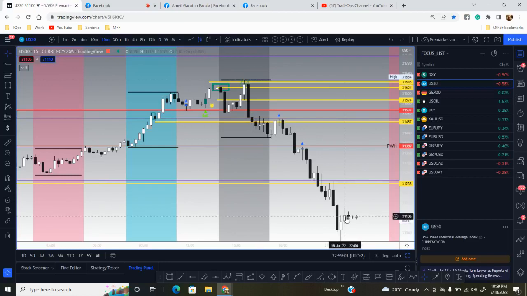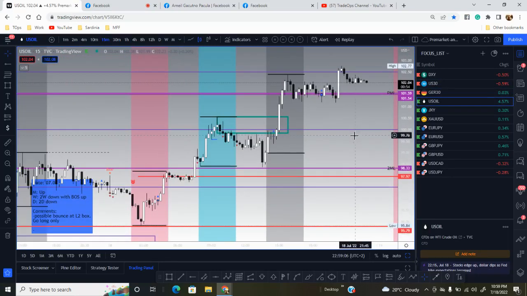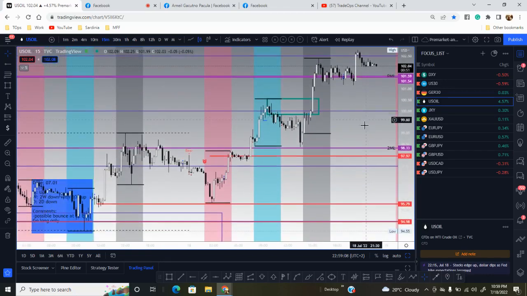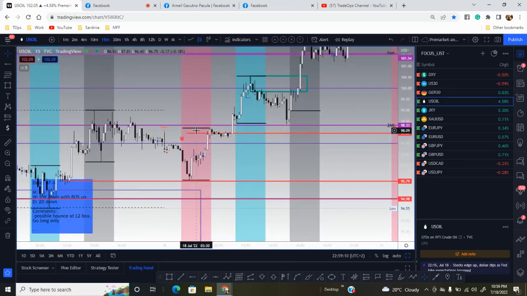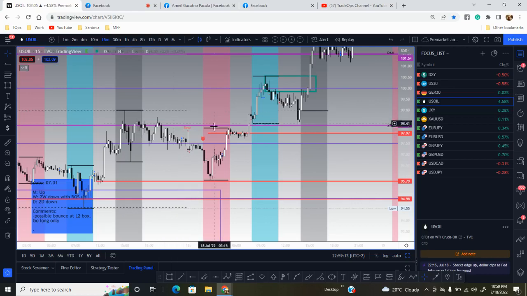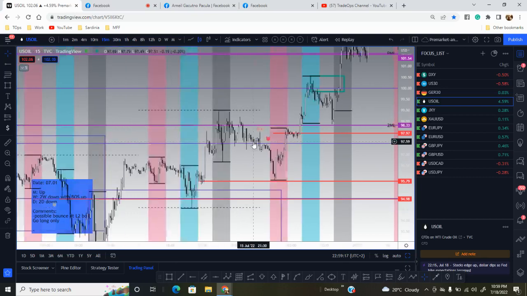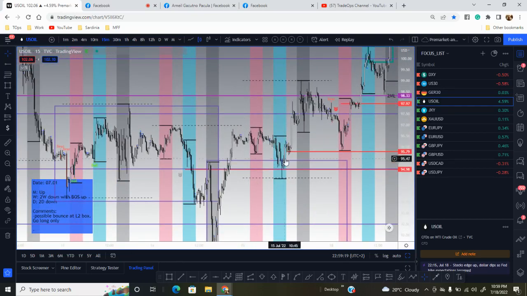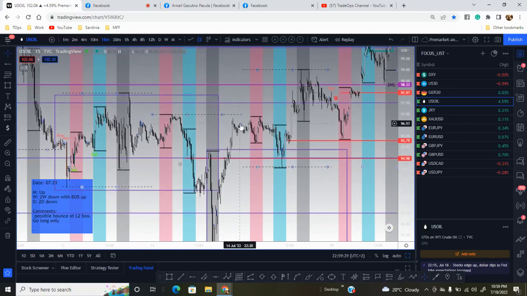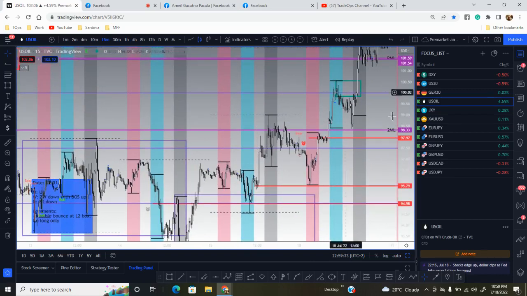So, alright guys, dumako naman tayo sa ibang pairs. So, US oil, paano ba nag-trade ngayon yung US oil? US oil, as you can see, this is the previous day high in the Asian range, below siya sa previous day. And as you can see, this range of the previous day is actually higher than the 2 days range. So ito yung 2 days high, ito naman yung previous day high. So uptrending tayo,